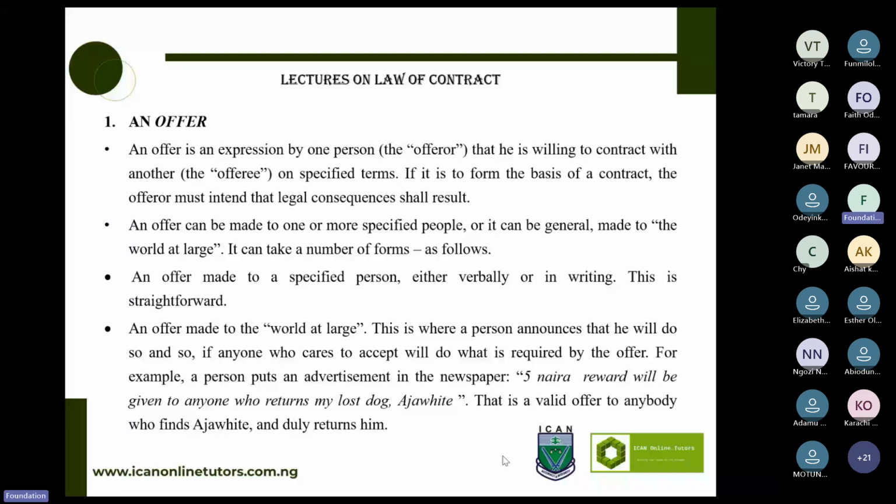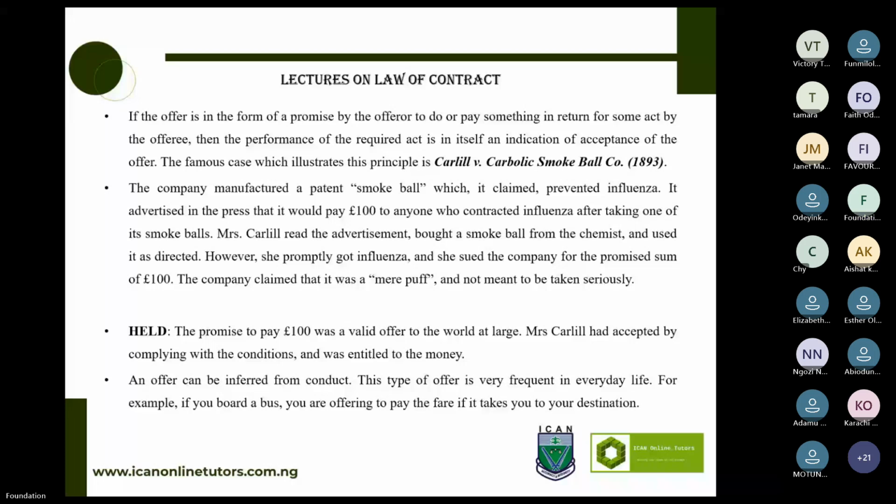Now, I have a popular case, the case of Carlill and Carbolic Smoke Ball. I will still talk about types of contract later, because the topic, like I used to tell you, I used to take in two phases, part 1 and part 2, because it's quite complex. And I love to take it anew because we have a lot of topics that are contract related. Carlill and Carbolic Smoke Ball is a very good example of a unilateral contract. A unilateral contract is that contract that is binding on the what? On the one party.